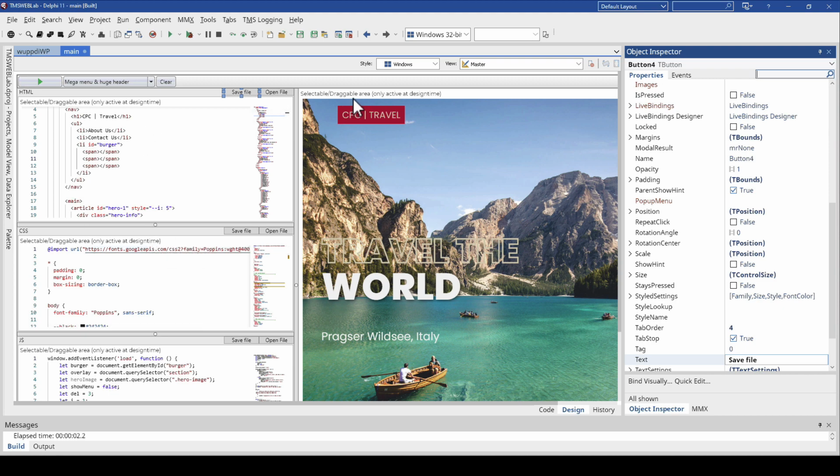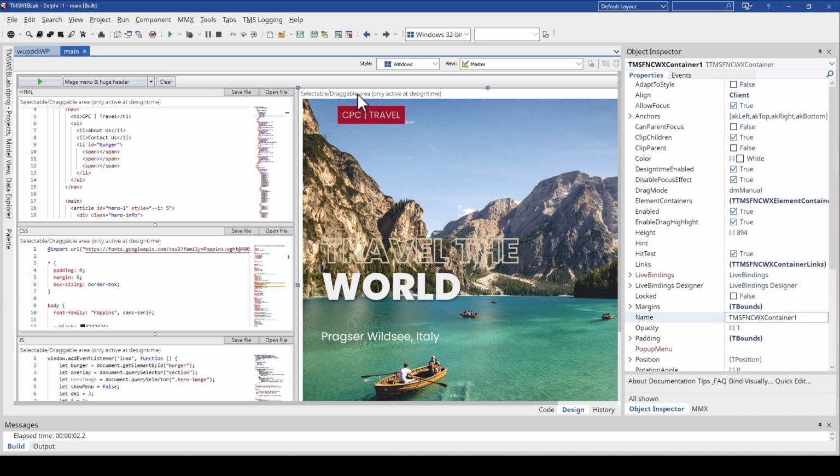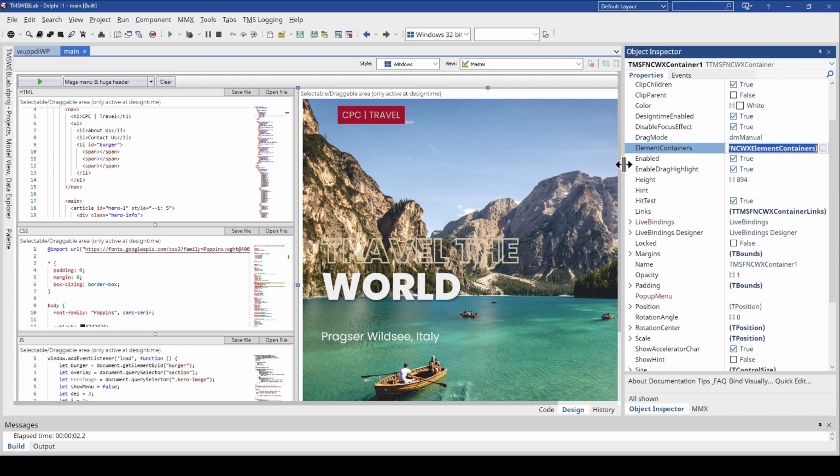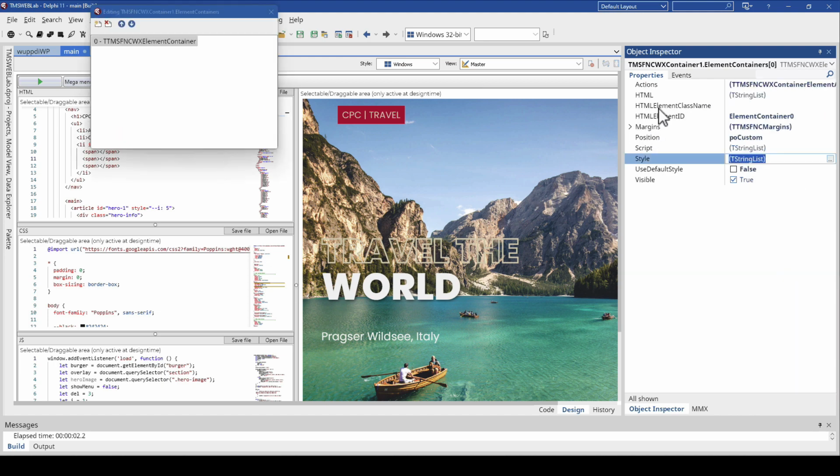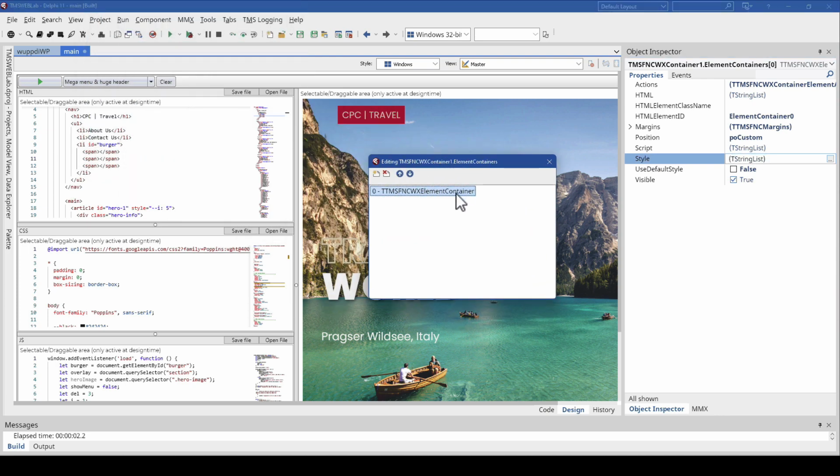So how does this display work? Because I think that's the most interesting for you to look at. How can you create these exciting experiences to view things? So the key component here is the element containers property, because that determines which elements are inside of this container. And each of these have the HTML, which is a string list of HTML tags, and a script and style. And you might have figured, we only need one element container, and this element container needs to display what is defined in our HTML, CSS, and JavaScript here on the left.